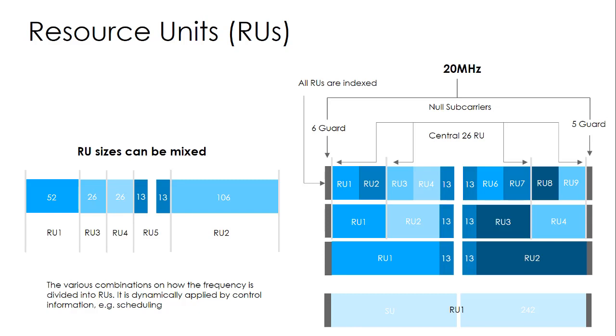Resource units are often referred to as subchannels, and you can have up to 9 users on each subchannel. The legacy clients, that's the non-802.11ax clients, will dramatically reduce the performance of your 802.11ax AP or network. This is because they don't really understand how the 20 megahertz channel has been broken down, or indeed how the resource units are even allocated. They will simply use the full 20 megahertz channel the way that they've always been doing, the same way that 802.11ac and the previous standards before have been doing.